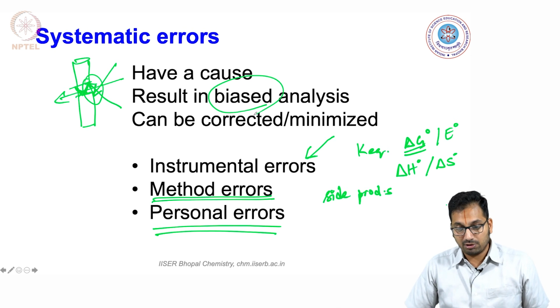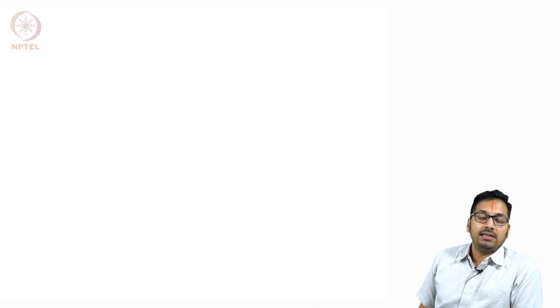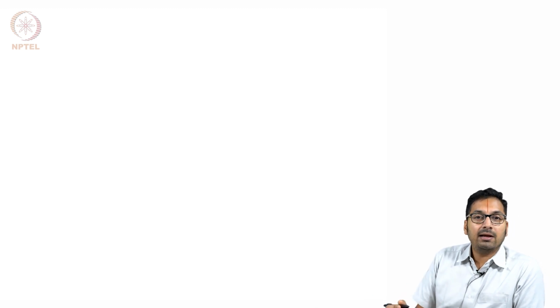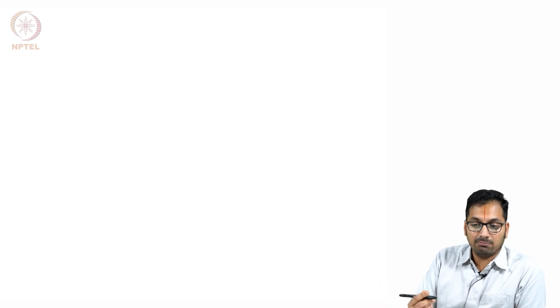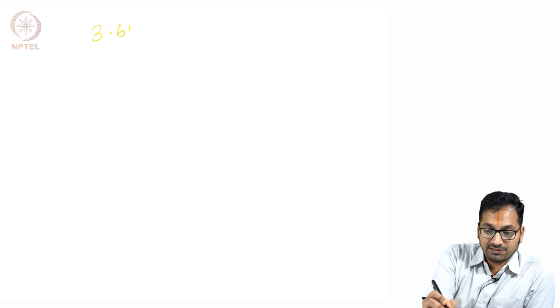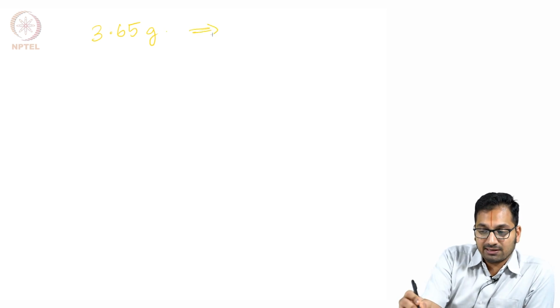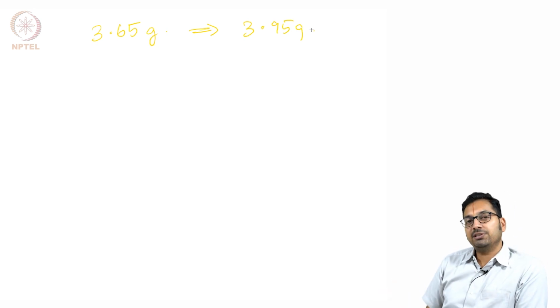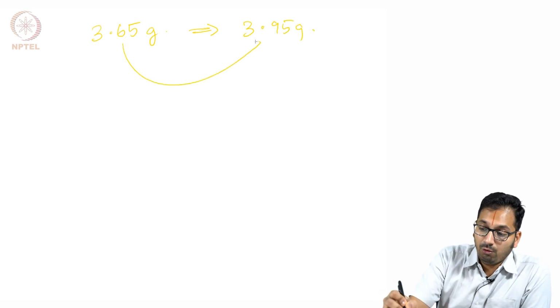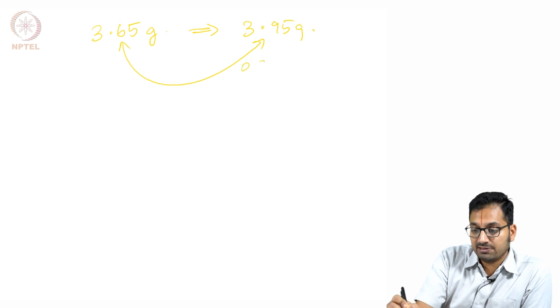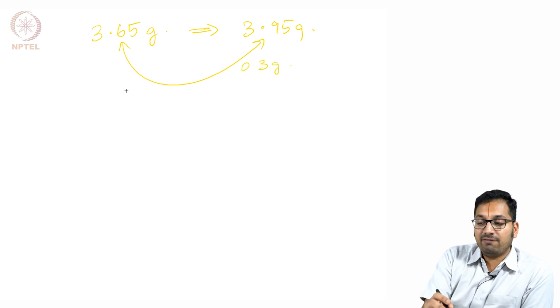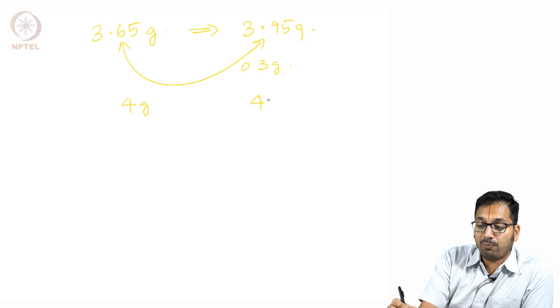Okay, so now that we are done with this, let's take a small look at what type of errors could come up when you're using different equipment. So let us say in this case you're trying to make a weighing balance help you measure some amount of oxalic acid. Let's say you want to measure 3.65 grams of oxalic acid, and let's say the actual reading that comes up is 3.95 grams. So now the question that comes up is that, oh, there's a 0.3 gram difference. So does it mean if I weigh 4 grams, it will weigh 4.3 grams?